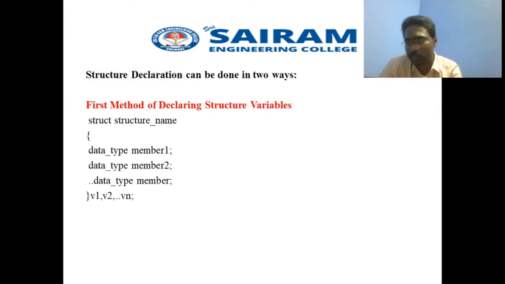There are two ways to declare a structure. The first method is to start with the keyword struct followed by the structure name, and then declare all the data members which you are going to use in the structure. After ending the structure, we need to create an object for it. With that object only you can access all the data members present inside the structure. We can create more than one object for a structure, and it should end with a semicolon after creating the objects.